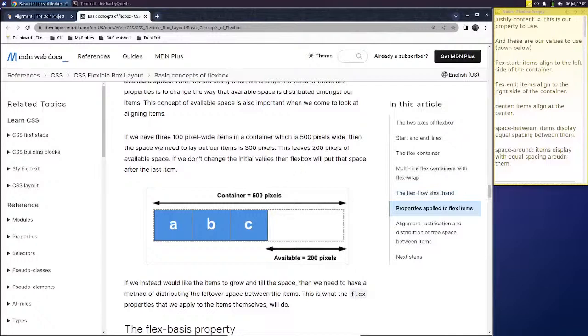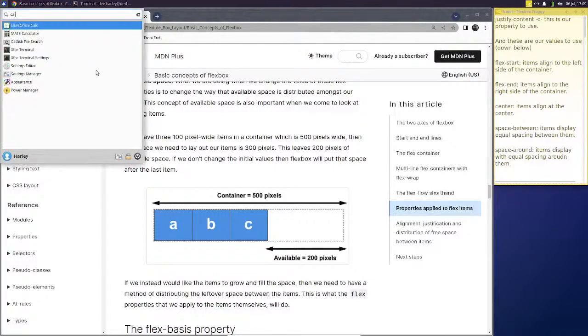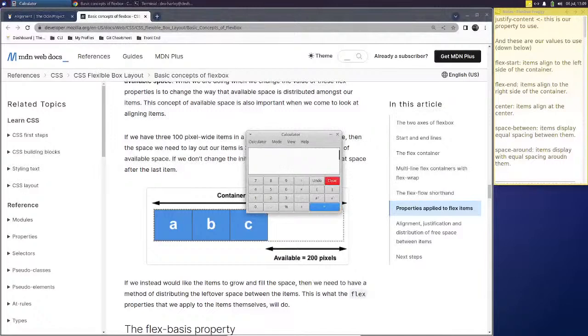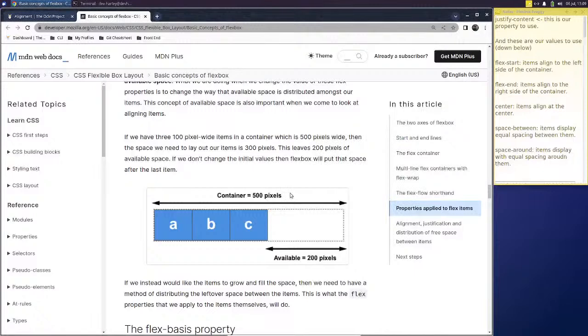We would have to specify to each of these that we want each of these to be 175 pixels, I believe, just to try it out, right? 500 divided by 3, I think it should be 175. Oh, 166. So you'd have to make the pixels match, right? If you want it to fit the space